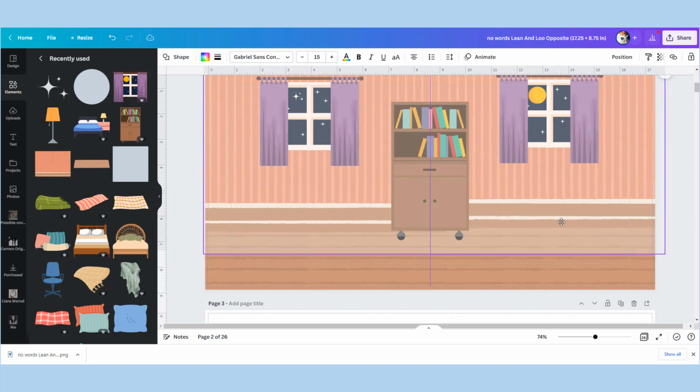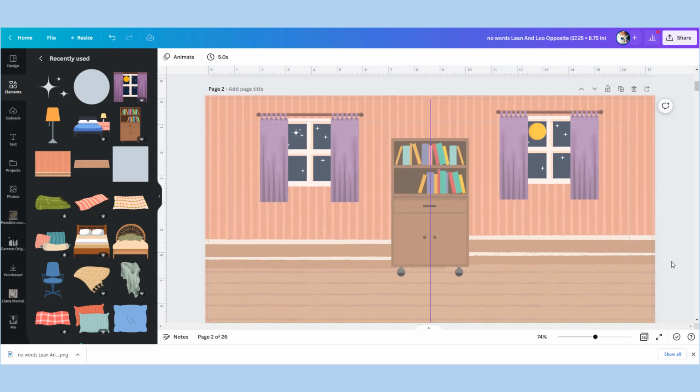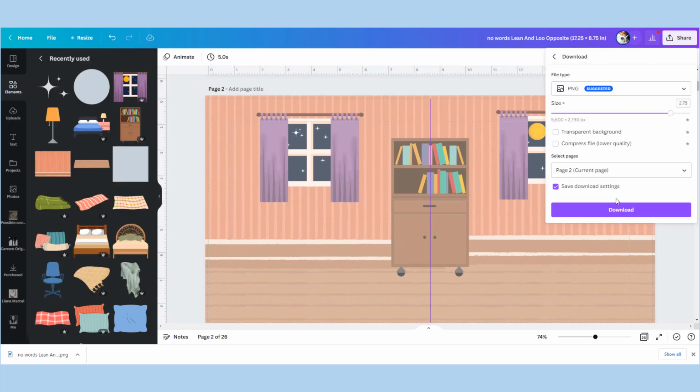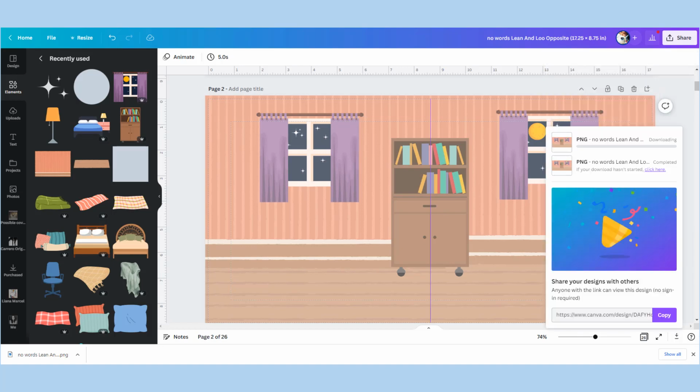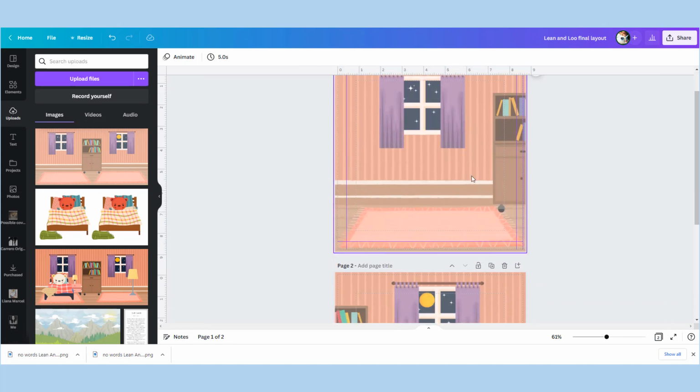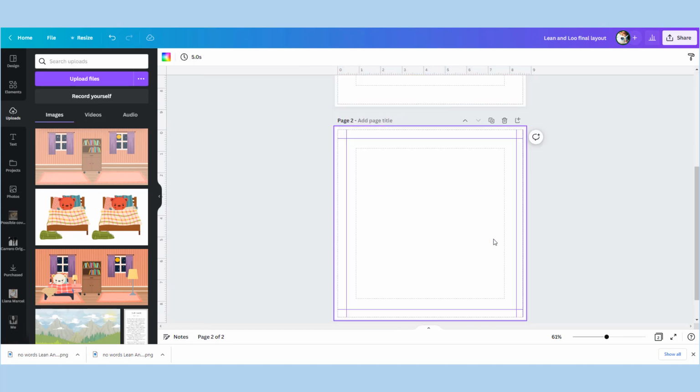Okay, I've returned to this to take away these rugs because I'm going to show you how much easier it is to adjust your files if you just save your background as a complete page and your little clusters of elements separately when you come to your master copy. So I'm taking this, I'm going to remove these ones from my master copy which had the rugs still on them,